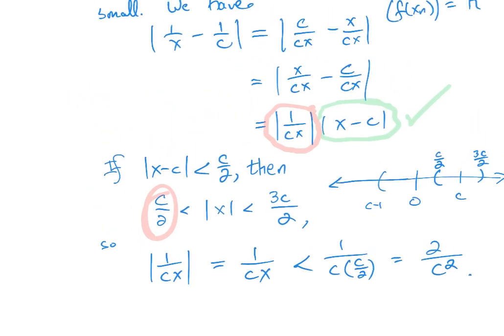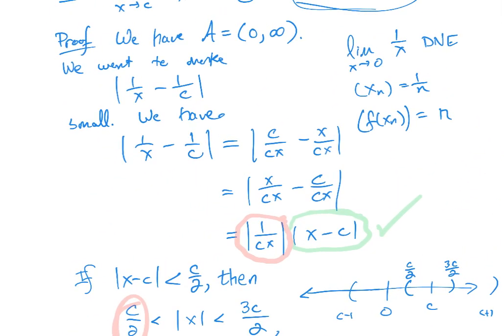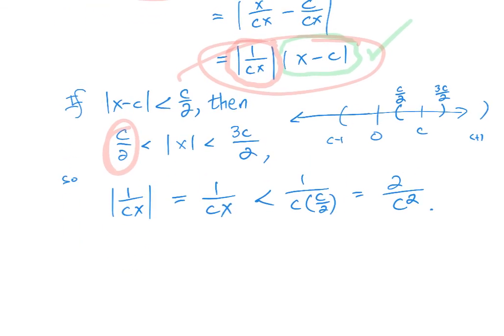Now, what did we do? We looked at the quantity that we needed to make small. If x is within c over 2 of c, then that part is bounded by 2 over c squared. So we've shown